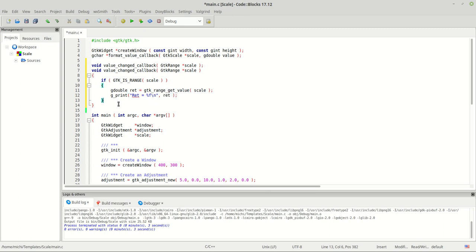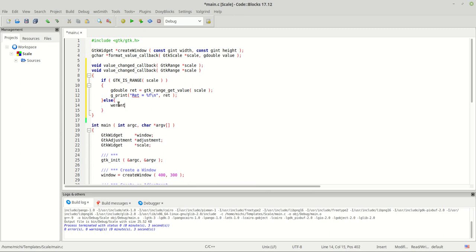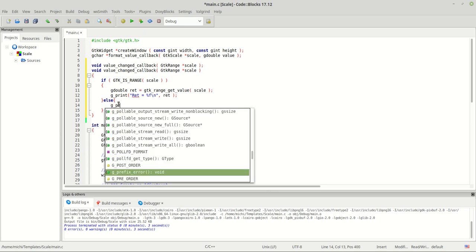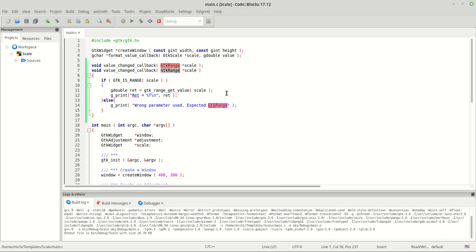Once we have this value, now we can basically print it. So ret. Okay, maybe we can say something like g_print wrong parameter used, for example, and we can say expected GtkRange, whatever. We are not coming here because we are passing a range. So let us compile it and run it,